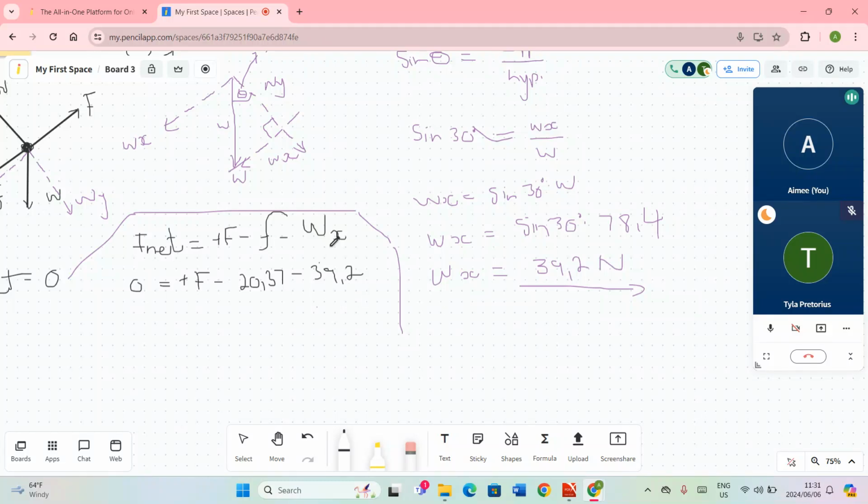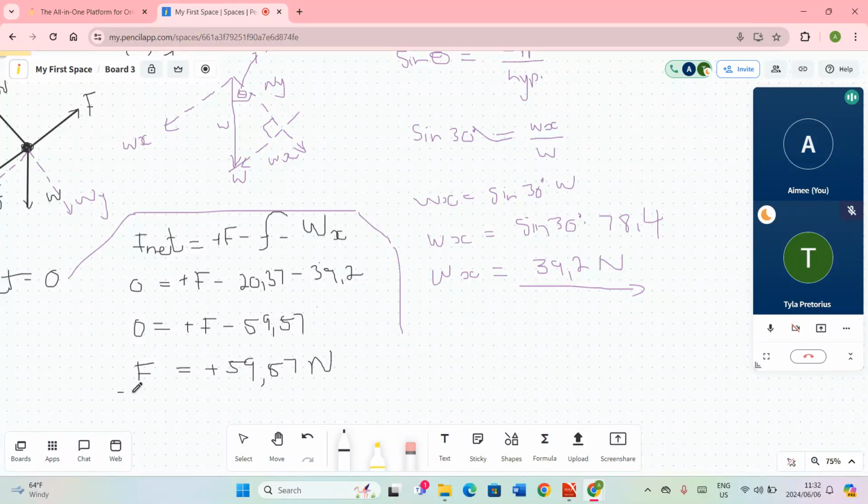We say negative 20.37 minus 39.2 gives us a value of 59.57. So 0 is equal to positive F minus 59.57. We can take that over to the other side to make it positive, and F is equal to positive